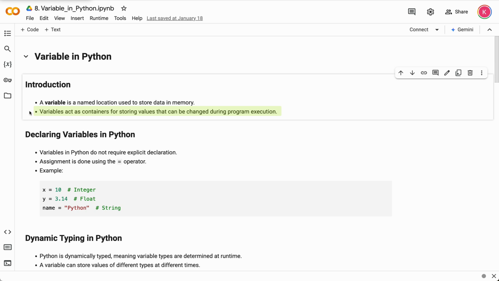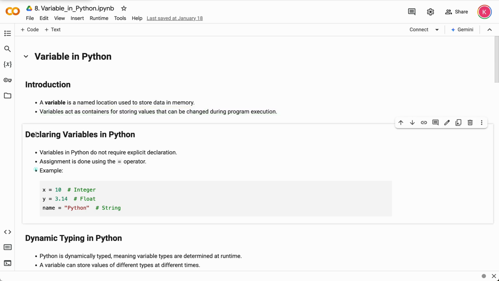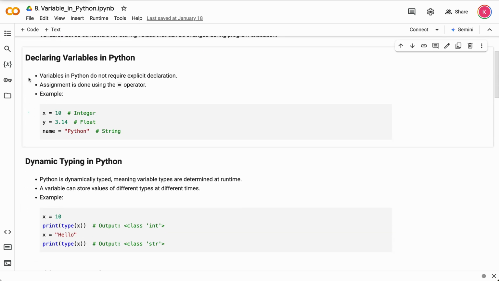By understanding variables and how they work, you can write more efficient and maintainable code, making it a fundamental concept to master when learning Python. Declaring variables in Python. In Python, declaring variables is straightforward and doesn't require explicit type declarations. Unlike many other programming languages, a variable is created the moment you assign a value to it using the = operator. This makes Python highly dynamic and user friendly,